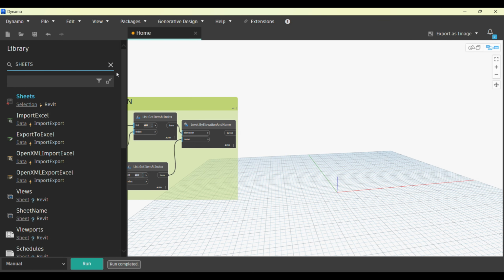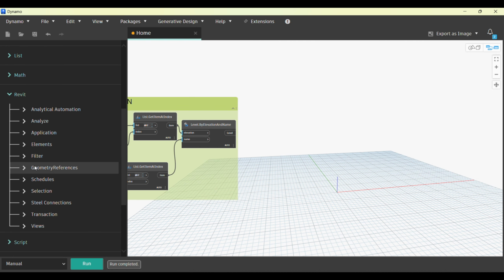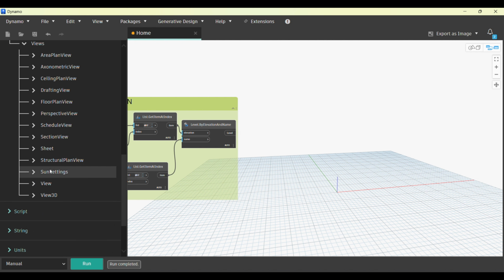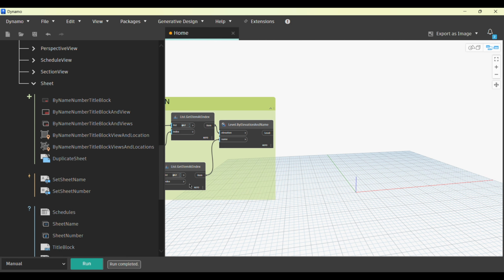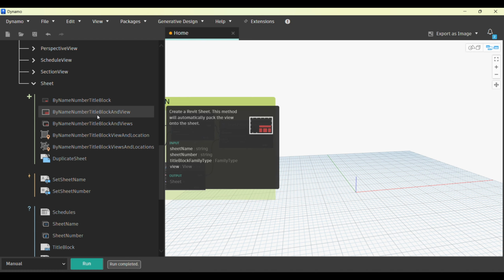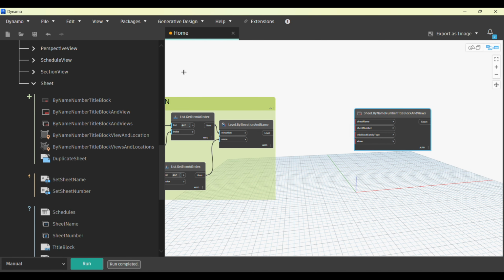search that particular thing, because I'll just do one thing. I'll just go to Revit, and then let's find it here. So let's go to Revit, let us go to views, and then let us go to sheets, and let us expand this a little bit so I'll be able to see all of them. Can you see? Yeah, here I can see by name, number, title block, and view. Since I want the view as well, right, I'll just select this, and then let us